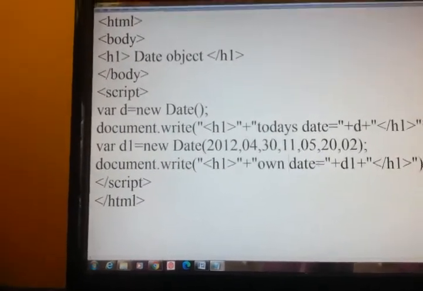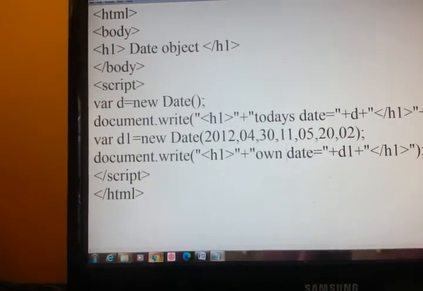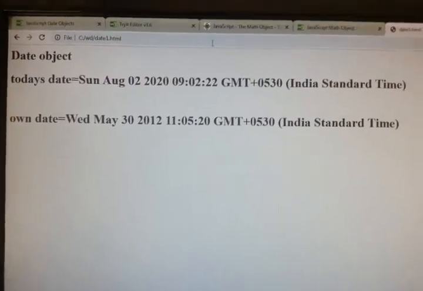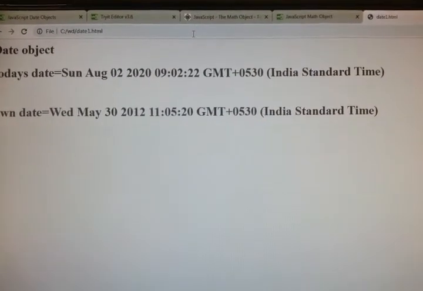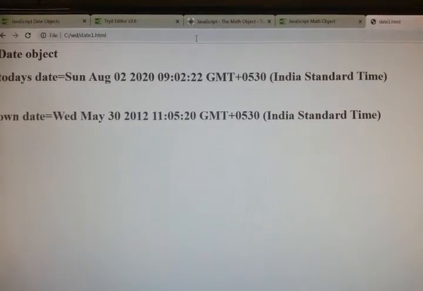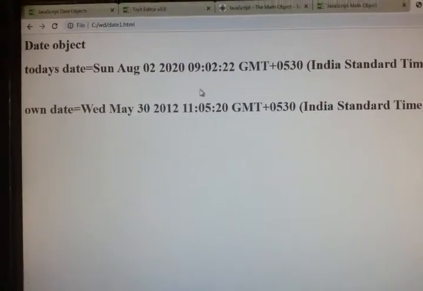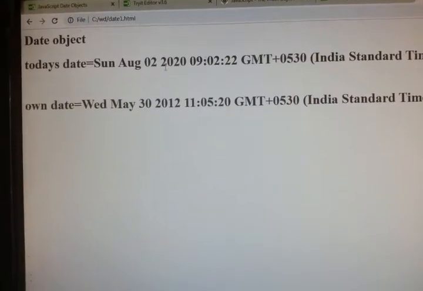Just save. Now I will just run that. So when I am running, I am using a simple date object.